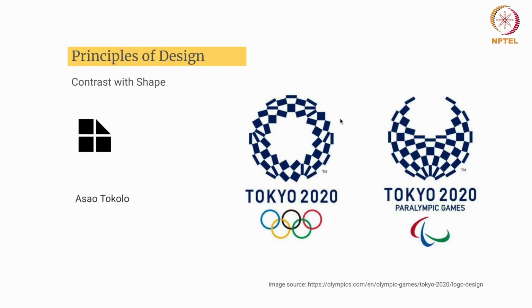But you can easily identify the relationship between each other, right? And that's the main interesting part here, because of the elements you are associating the relationship, so you are easily identifying this to be part of a similar brand, that is Olympic, Tokyo Olympic. But since the shape is changing here, automatically your brain is also letting you know that these two are from the same unit, that is Olympic, but the segments are different.